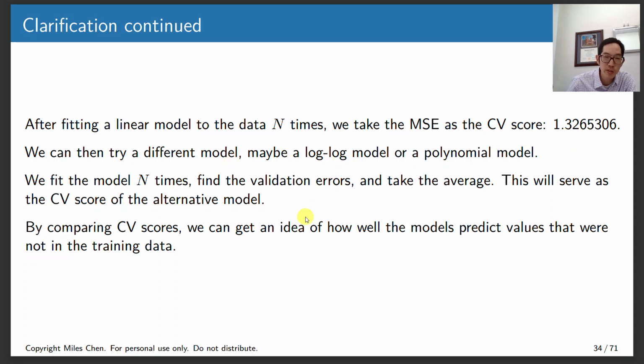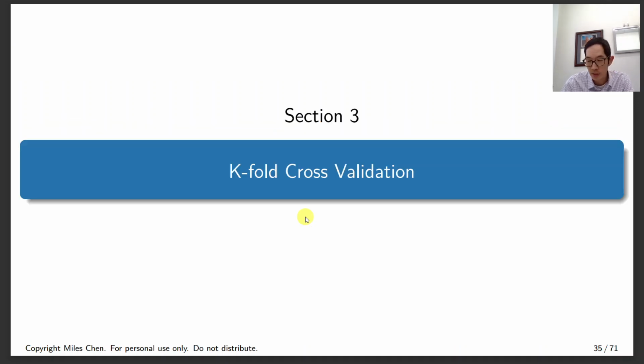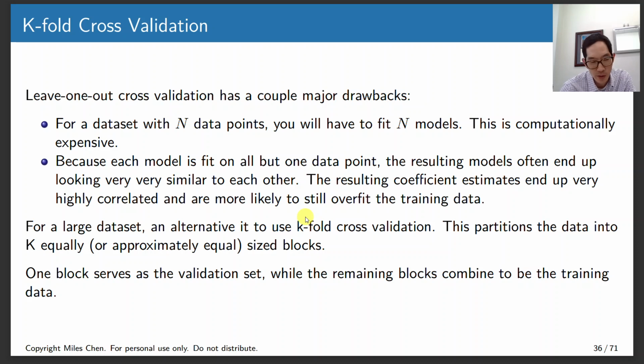We could try other things like a polynomial model or a log-log model, and by comparing the cross-validation scores from these different models, we get a sense of how well each different model performs. Another cross-validation method is k-fold cross-validation. This is probably the more popular and preferred method, and that's because leave one out cross-validation can become very, very,